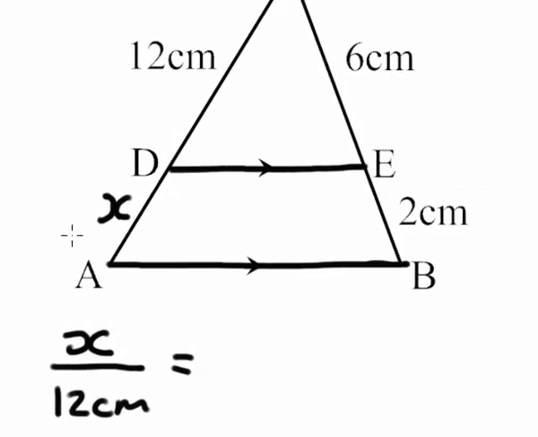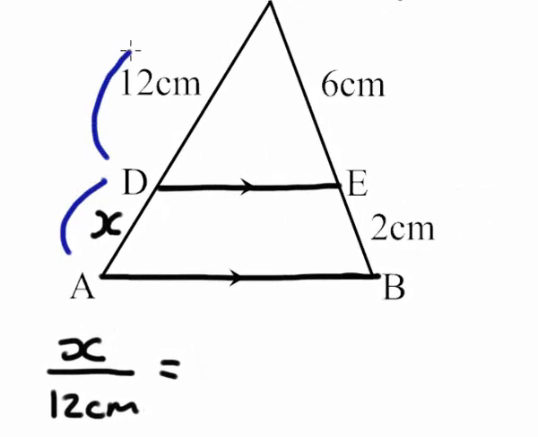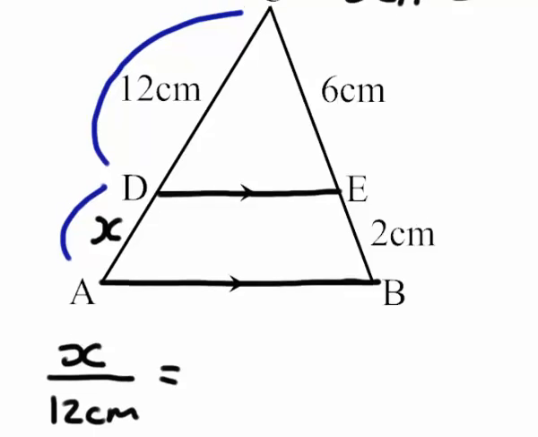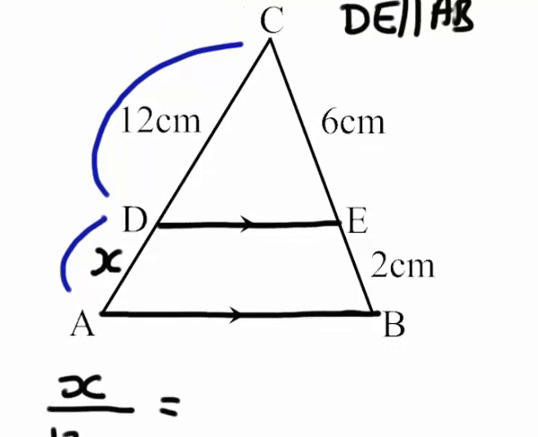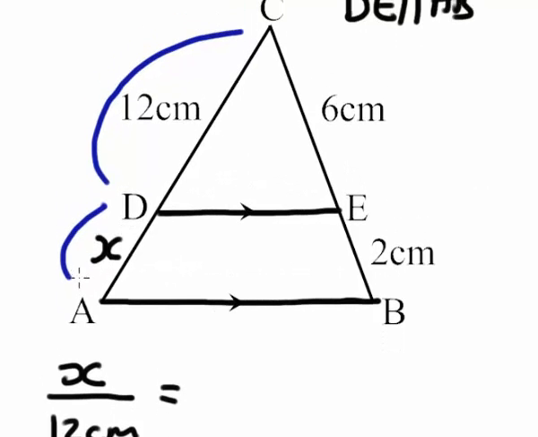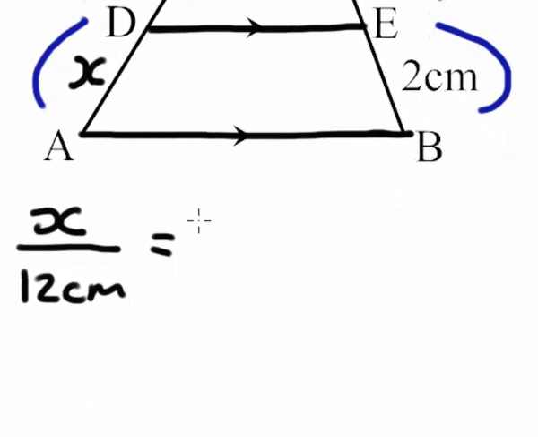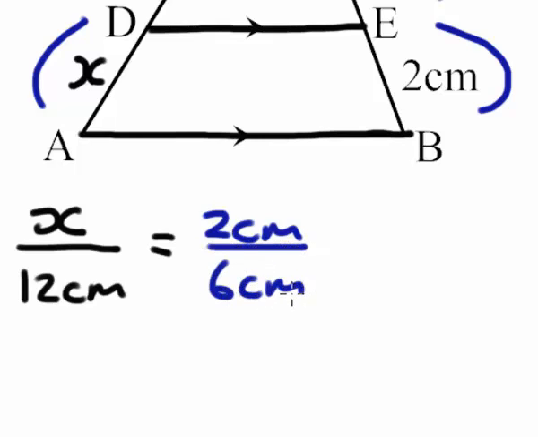I went AD over DC, which is equal to... now look at that, that was your first movement, AD to DC. Now you do exactly the same here. You go 2 to 6. You see that there. Now careful, that is 2 centimeters over 6 centimeters. And